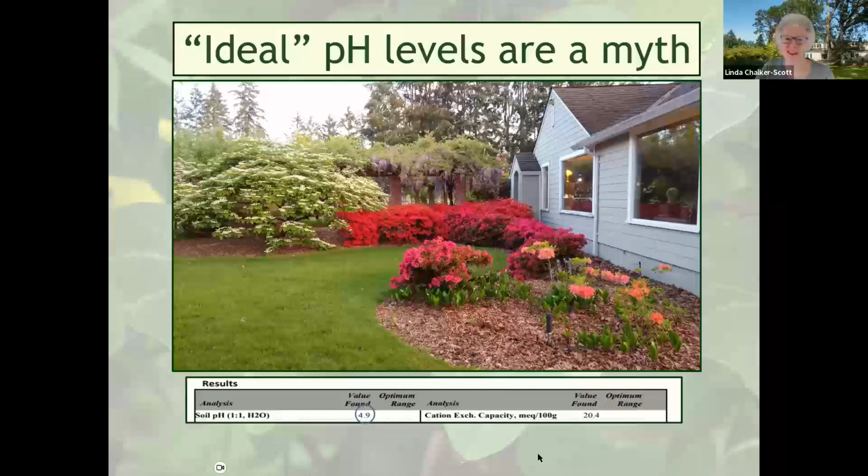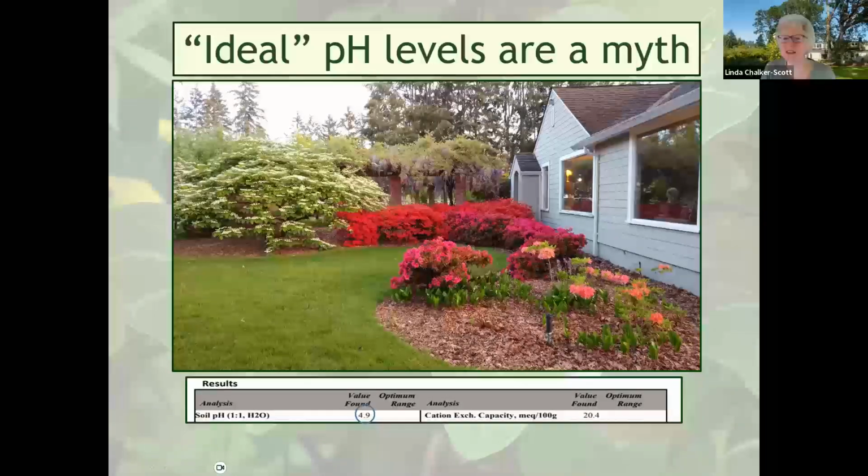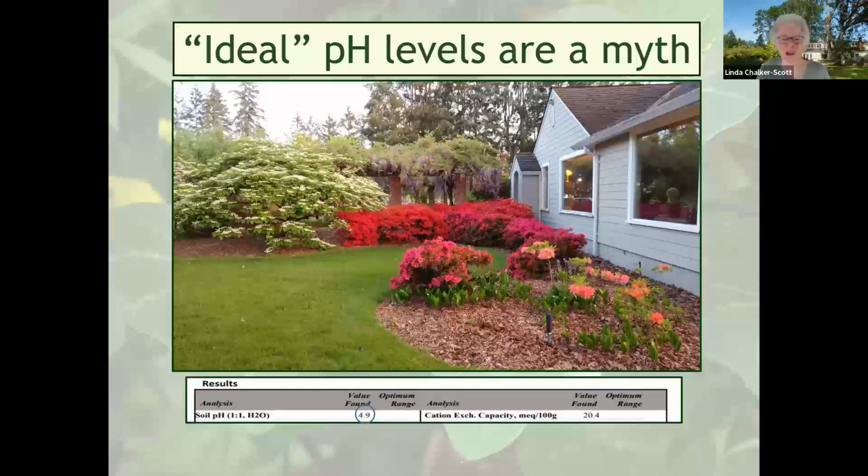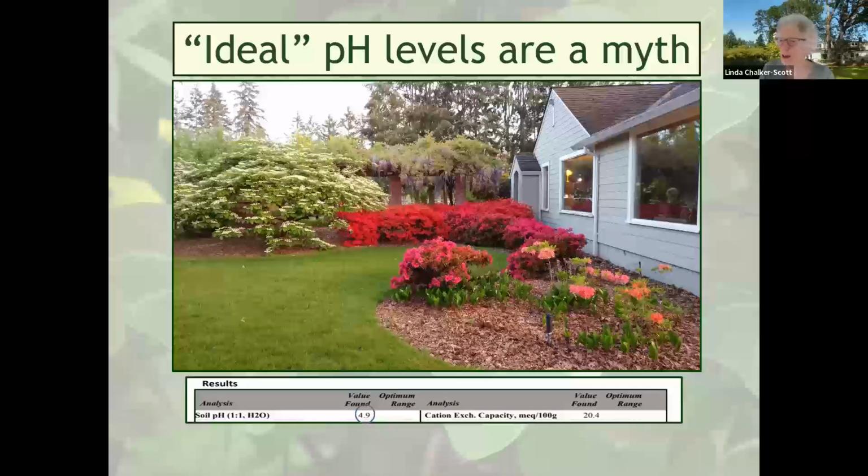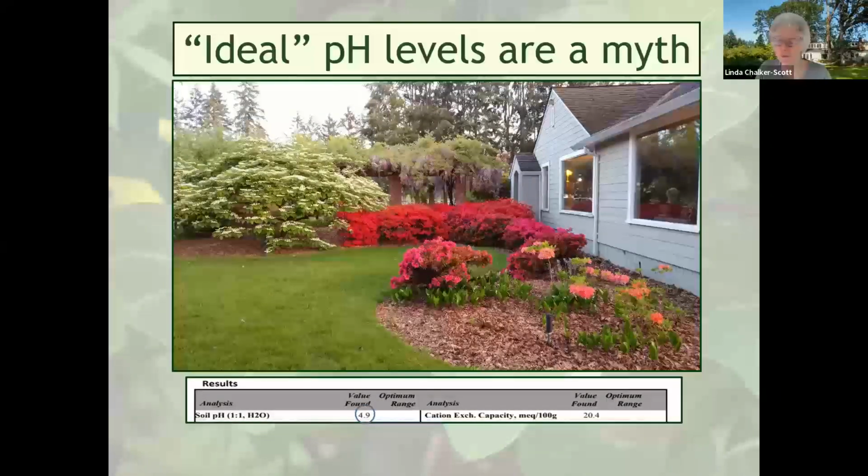They don't care. And so when you know that plants can grow well in your area, regardless of what tags say, believe your eyes. If things can grow in your area that supposedly won't grow because of pH levels, don't believe it. And if you do want to grow something that does require a lower pH, you could always grow those in containers,